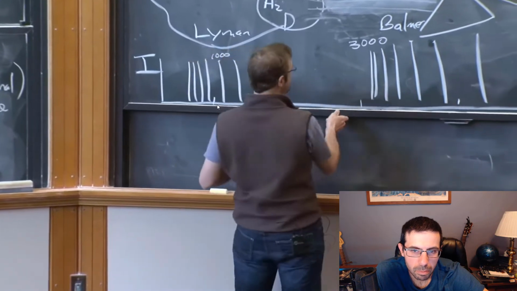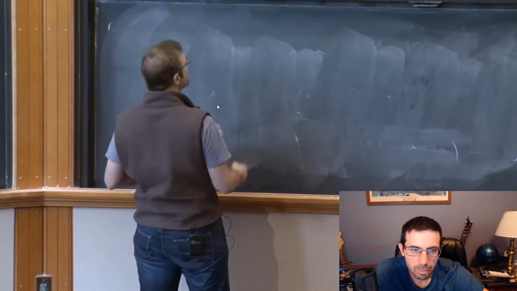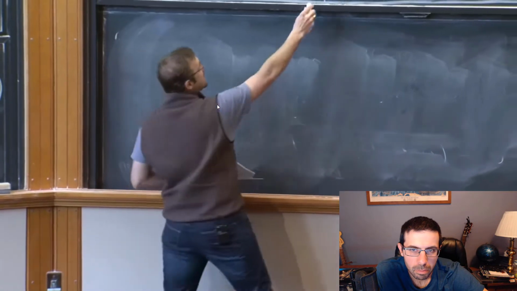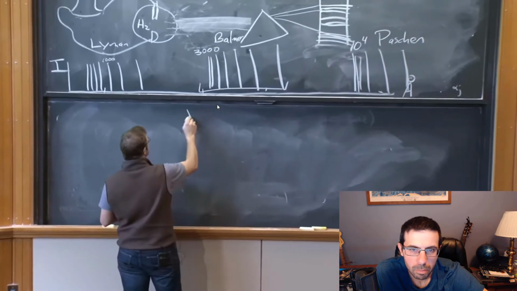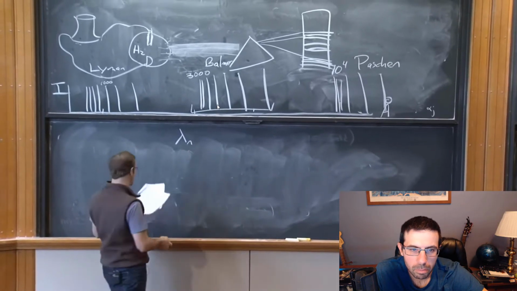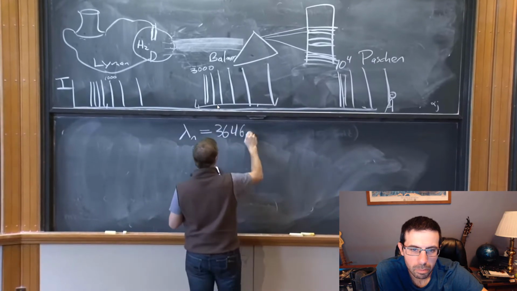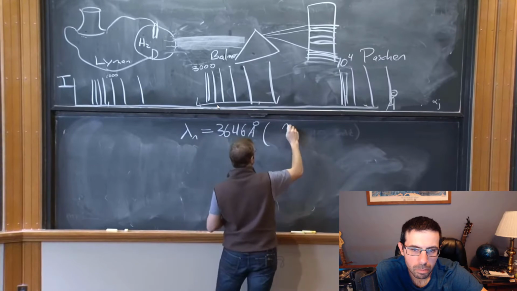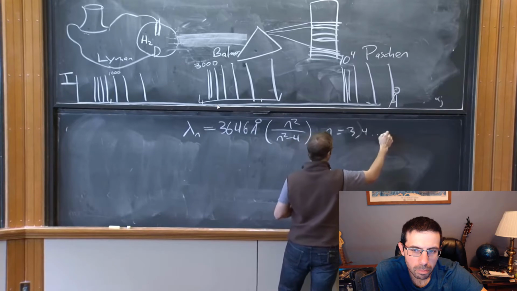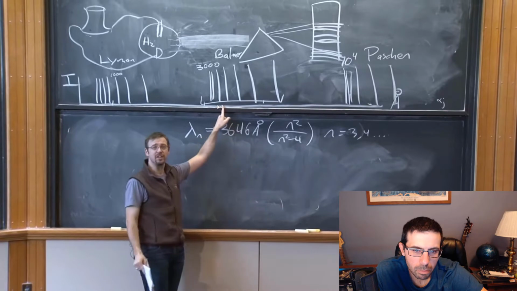Balmer, incidentally, and I think this is actually why he got blamed for the particular series, although I don't know the history. Balmer noticed, by being, depending on which biography you read, very clever or very obsessed, that this particular set could be their wavelengths. If you wrote their wavelengths and labeled them by an integer n, where n ran from 3 to any positive integer above 3, could be written as, so this is pure numerology, 3646 angstroms times the function n squared over n squared minus 4, where n is equal to 3, 4, dot, dot, dot, an integer. Okay? And it turns out that if you just plug in these integers, you get a pretty good approximation to this series of lines.